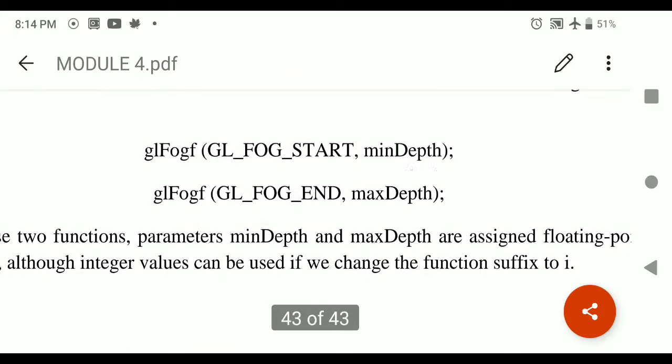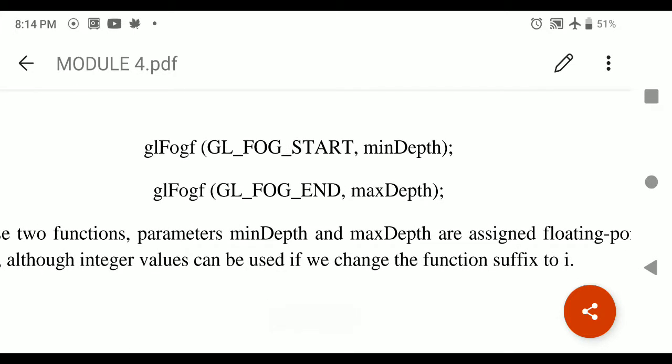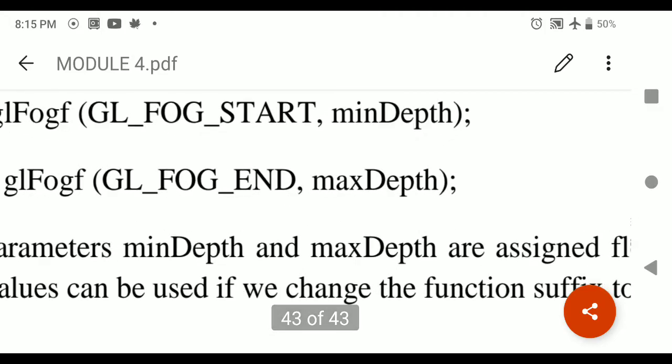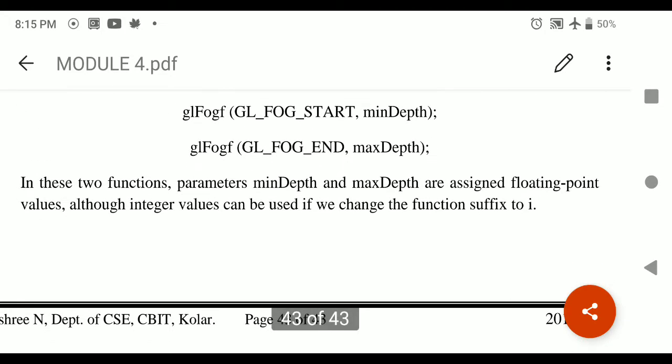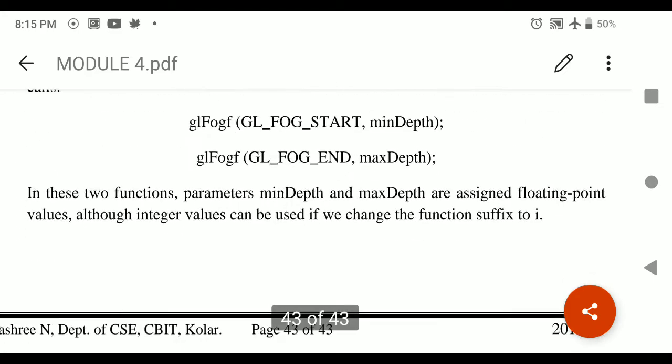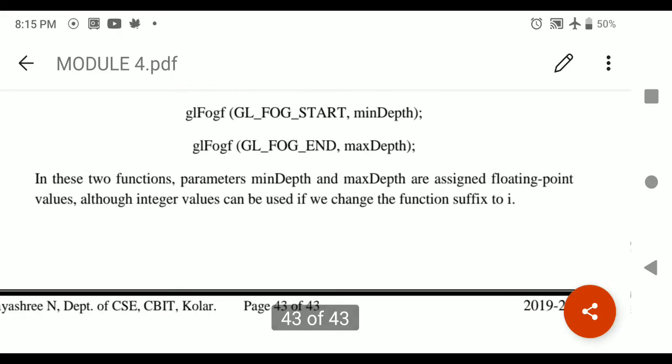If I want to manually give some different value, we can make use of the same glFogf, or glFogi also I can make use of, and the GL_FOG_START symbolic constant represents the value at the near face, that is the minimum depth value, and GL_FOG_END means the far face, the maximum value. Here you can give any value that you want. Minimum depth should be the smaller value, maximum depth should be the bigger value. So this completes our fourth module.